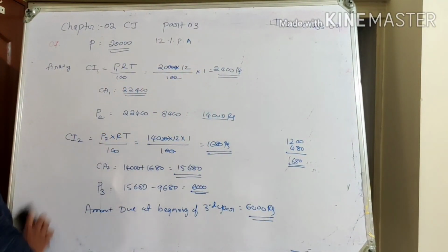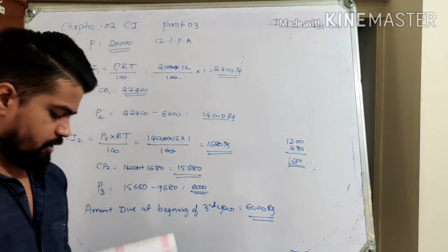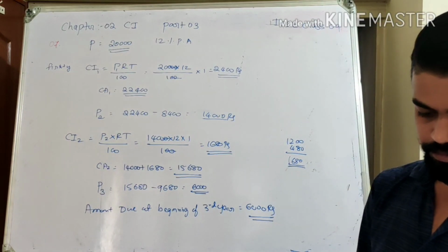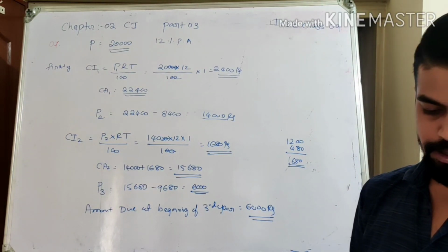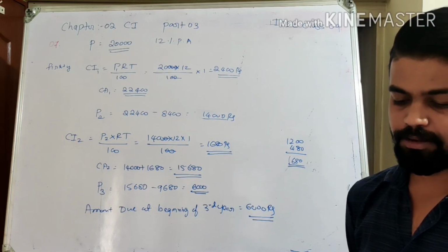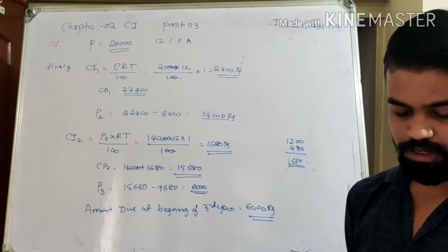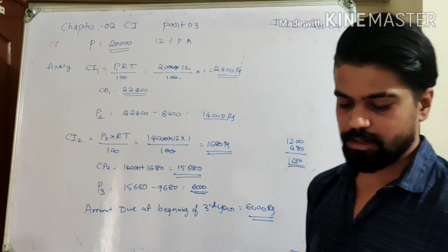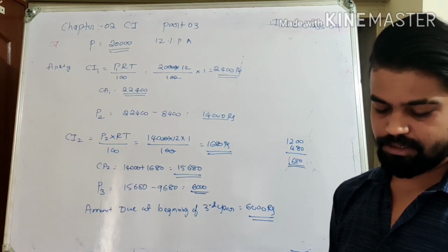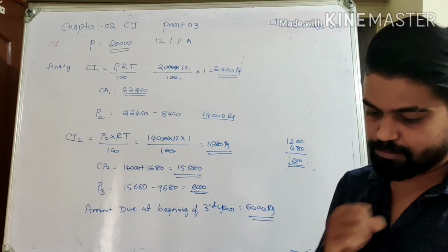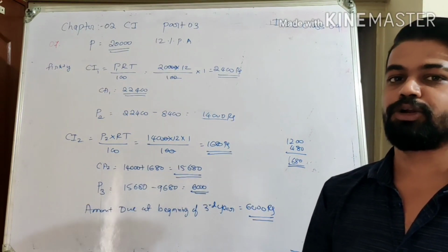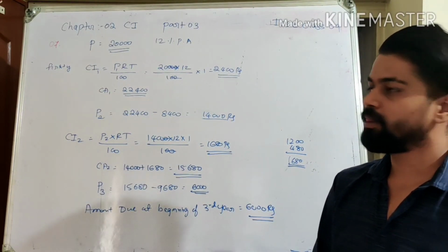So read the 8th question. A man borrows 8,000 rupees at 10% compound interest payable every 6 months. Okay, every 6 months. This is compounding now 6 months. Okay, 10% compound interest. So he is paying 10% per annum, I guess. Yes, 10% per annum interest, but he is paying at every 6 months. So for 6 months, 10% we have to divide it by 2. Period will be not 1 year now. It will be half year.